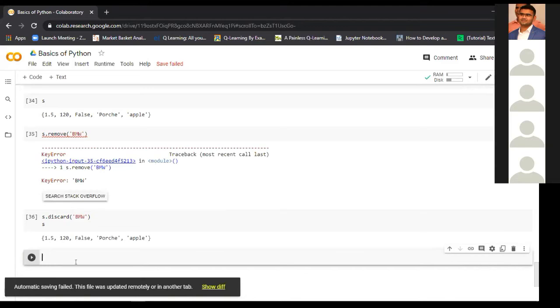If you want to clear the set, like the list, we can use the clear function. It will remove all the elements from the set, and we only have the empty set in that. So clear will remove all the elements.